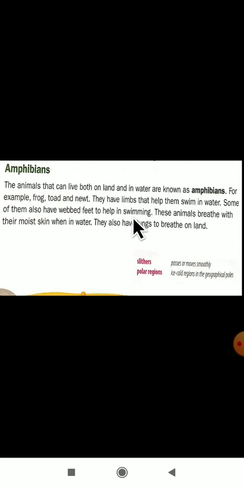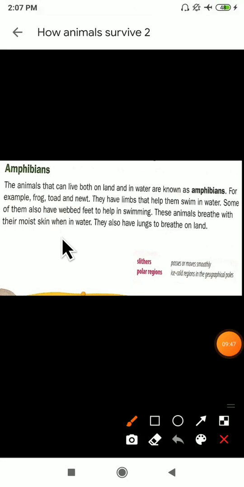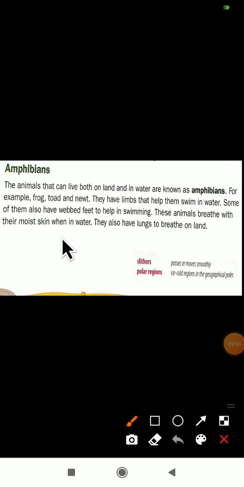See, dear students, they are given webbed feet here. Why do they have webbed feet? To help in swimming. If it is living in water, then it should swim in water. With the help of those limbs, or webbed feet, it will swim in water. These animals breathe with their moist skin when in water. Yes, when they are living in water, then with the help of their moist skin,